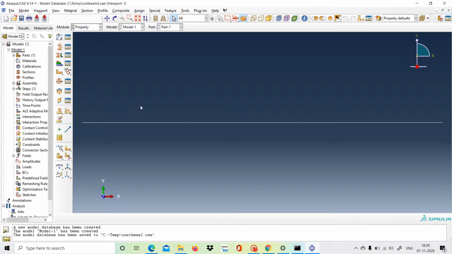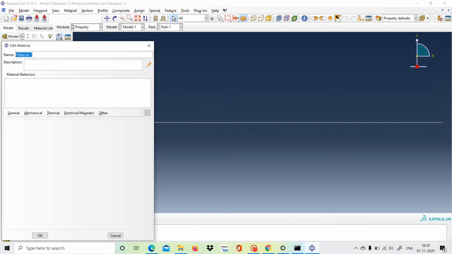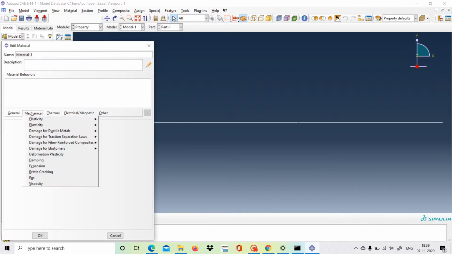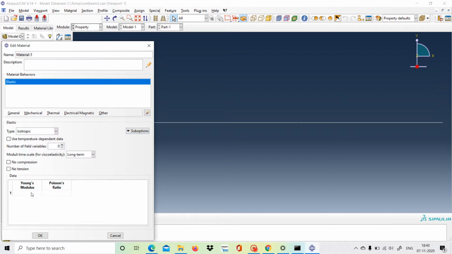Okay, so in the Euler-Bernoulli beam till now we are not worrying about the self weight. So we will not give any self weight, but rather we will give the elastic properties. So in mechanical we will just provide the elastic properties. We will click here. What it's asking is Young's modulus. Suppose we are taking a random value of 1. It may be any units. Right now we are taking that, and the Poisson's ratio for Euler-Bernoulli beam we know is 0. So we have provided the value.